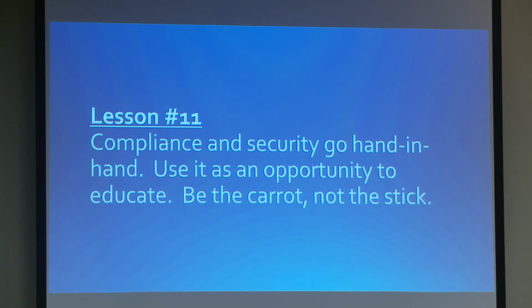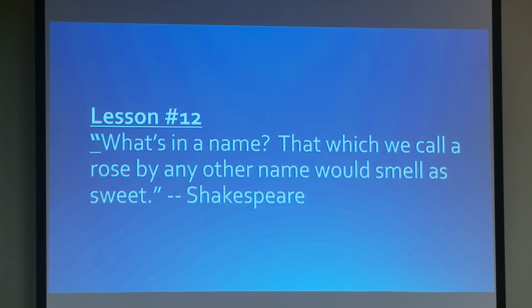And so I guess with this, I kind of turned to Shakespeare. And Shakespeare said, what's in a name? That which we call a rose by any other name would smell as sweet. I feel like that's the same way with the CISO, right? We can call it whatever the hell we want to call it. People will still look at you and they'll validate you the same way. It's not based on that title, it's based on what you do and how you do it.